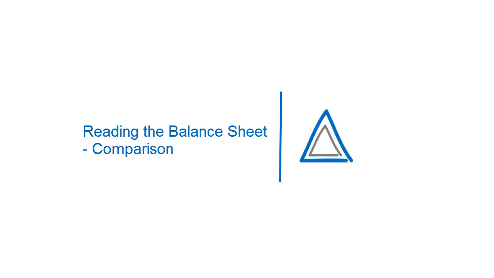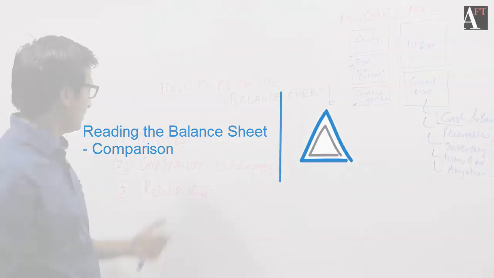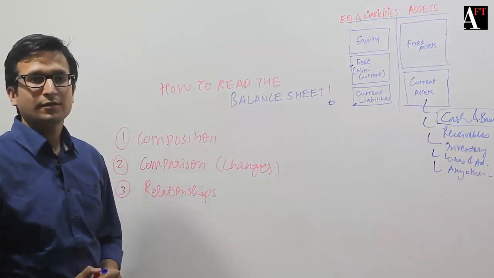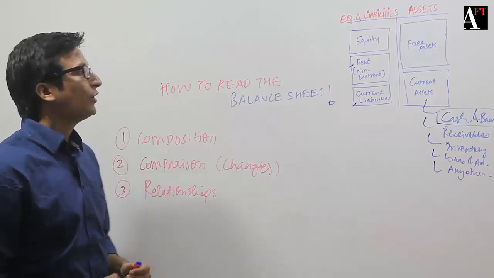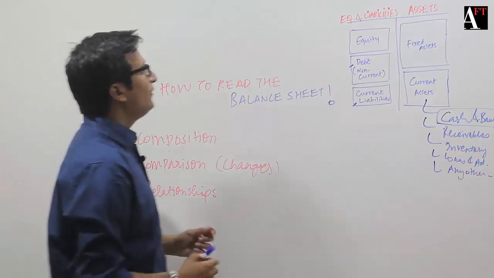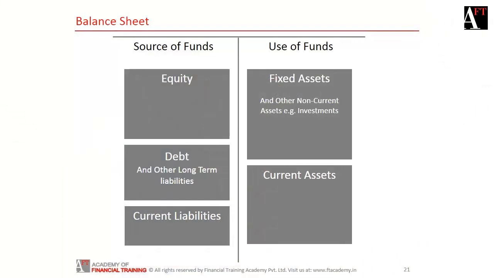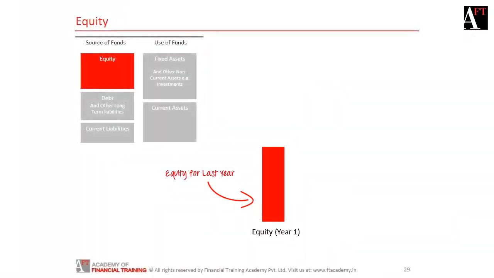Let's look at the second part in detail now. The comparison. When we say comparison, what are we trying to do? We are comparing year-on-year change in one of the categories here. So for example, I'll look at the equity for last year